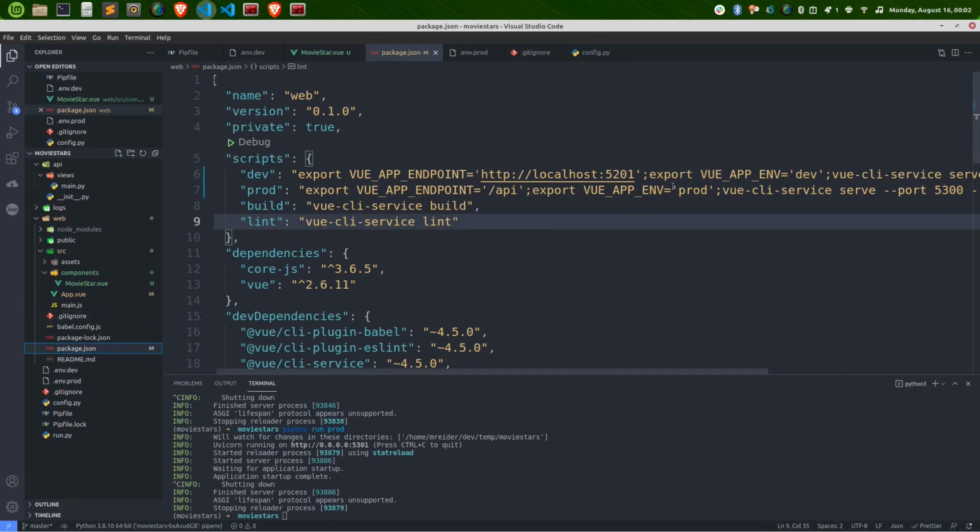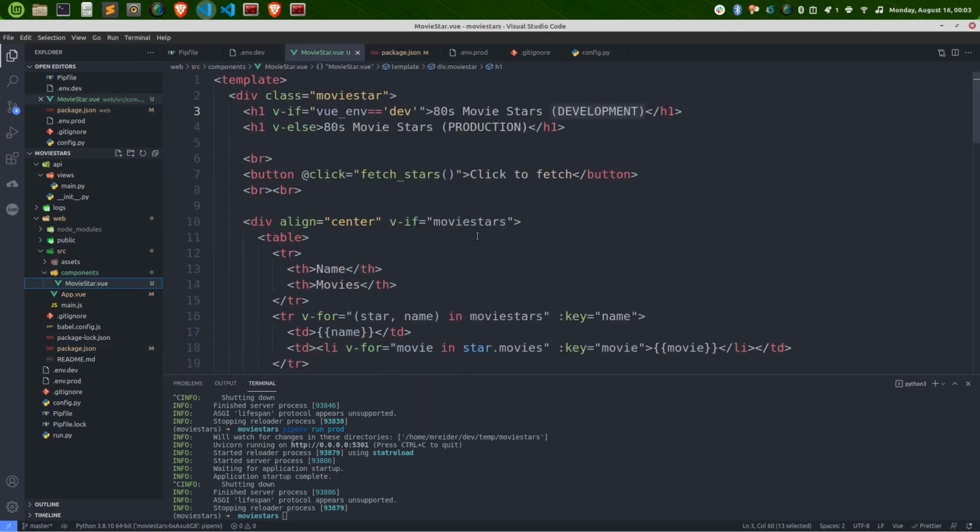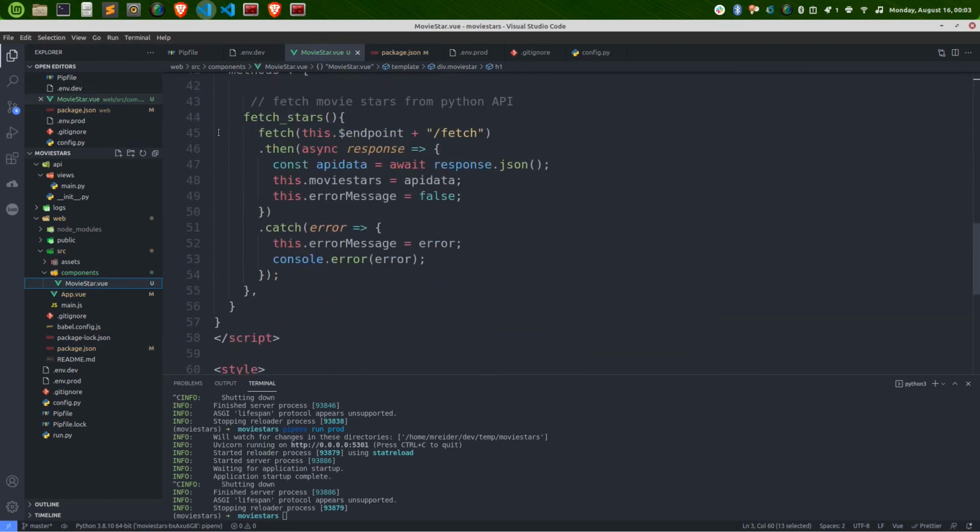So I need to tell this whole VueJS project what the endpoint is. Here's why. If you open up Movie Star, your function here calls this variable called this.$endpoint. It doesn't know what this means yet, right? So instead of hard coding HTTP localhost 5200/fetch, we're going to make this whole thing dynamic. So it changes according to which environment you're spinning up,